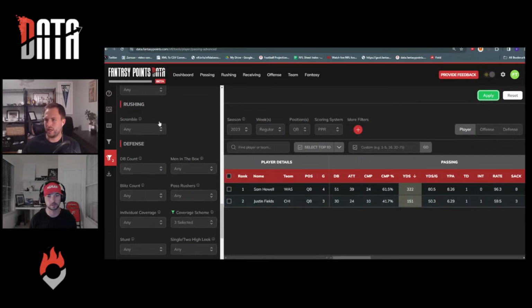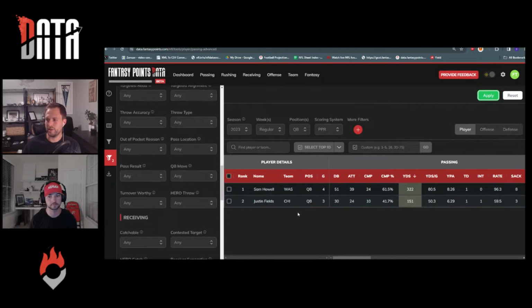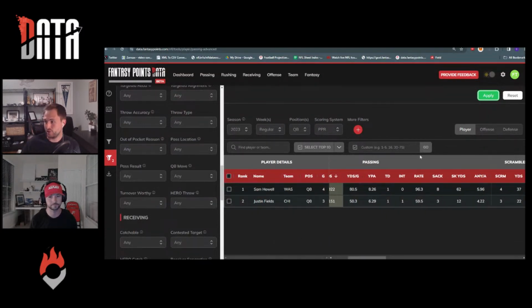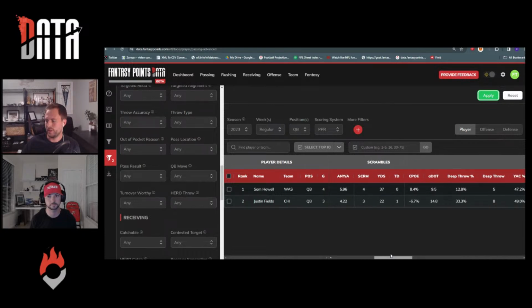Yeah, so I turned on just the Commanders and Bears, just because that's the specific matchup we're looking at, and then I filtered for just man right now. So Fields has definitely struggled passing against man, only a 59.5 passer rating. Not doing a ton in terms of scrambling against man defense so far this year, but I would imagine his fantasy points per dropback and per opportunity are definitely higher than Sam Howell's.